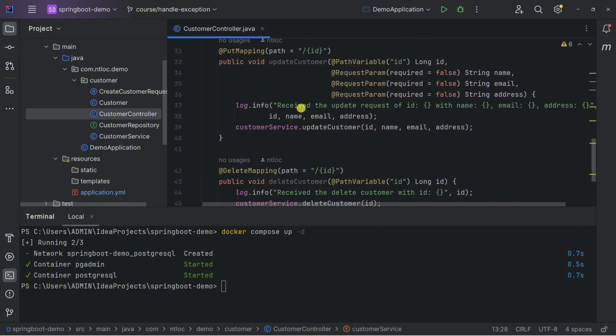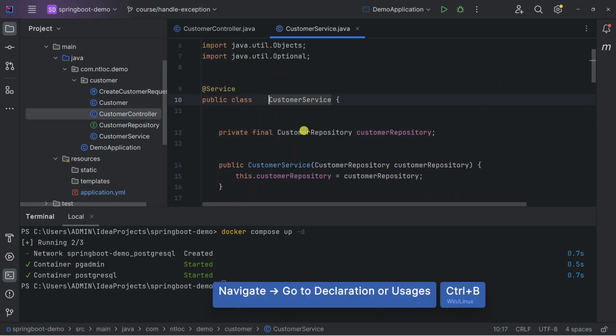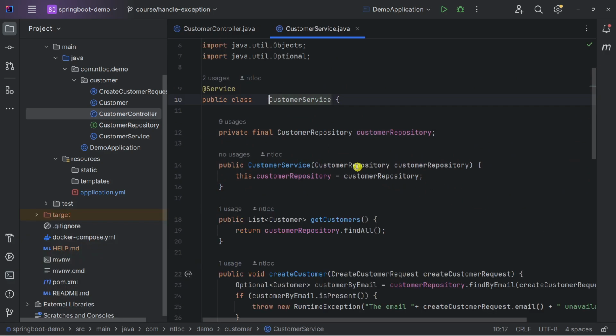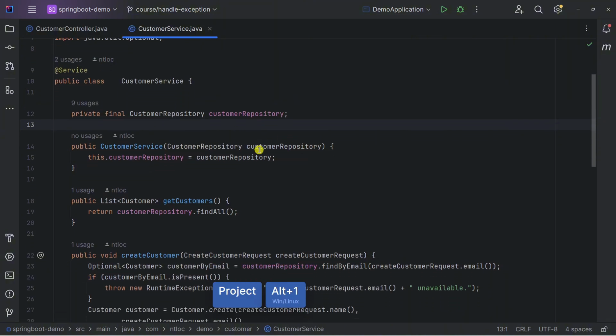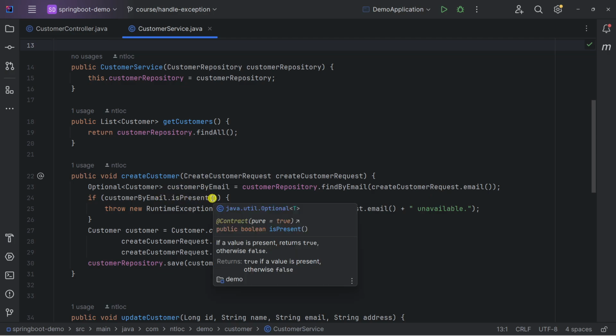Just for now, if I go to the customer service, let's close this one and the project tab as well. In here, within the create customer method, the business logic is that we find the customer by email from the create customer request and check whether the customer with that email is present in the database or not.